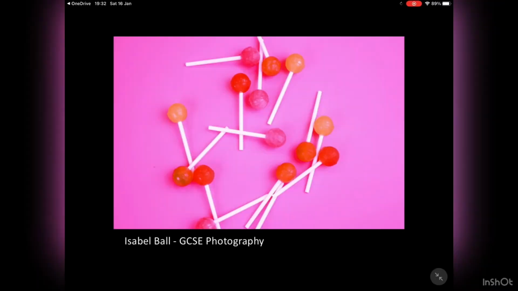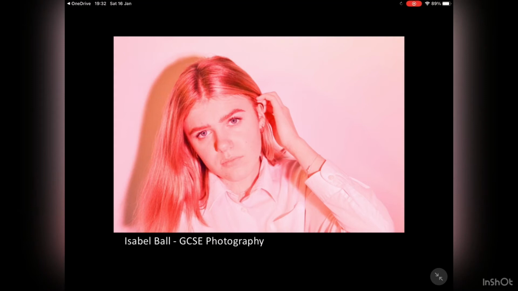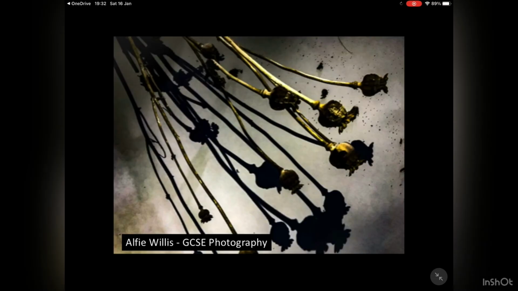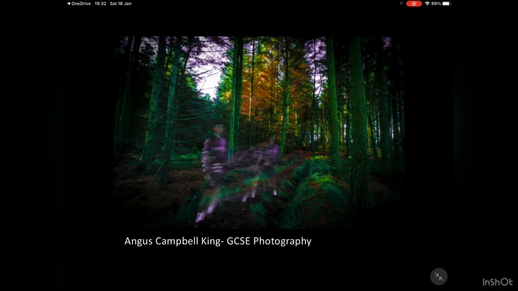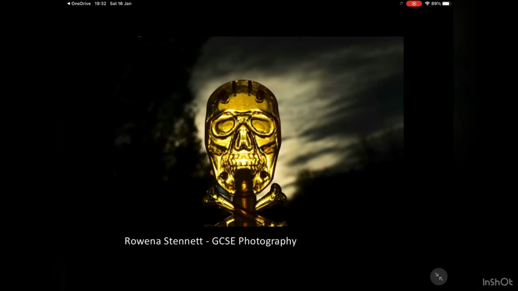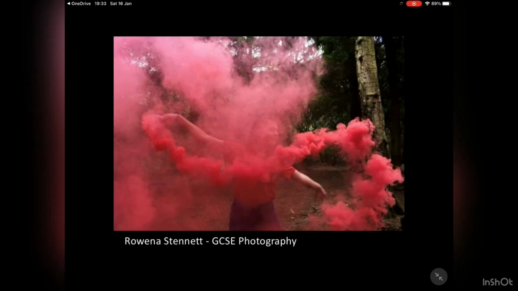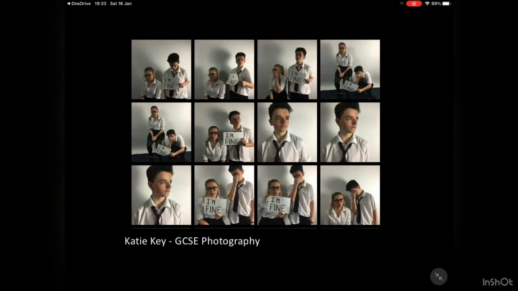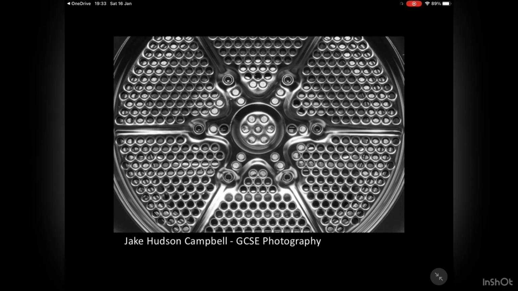Over the next few slides, you will see examples of GCSE photography final images. These illustrate the variety of genres that students decide to focus upon. You'll see examples of still life, experimental imagery, documentary photography, fashion photography, experimentation with colour, images where students are trying to communicate and illustrate an idea based upon a particular topic or